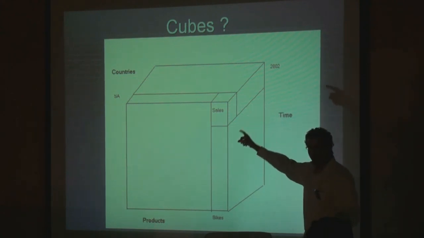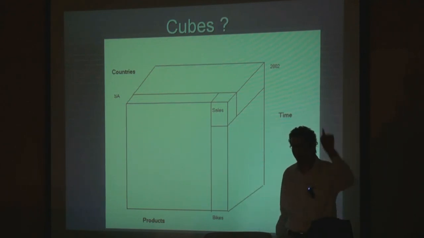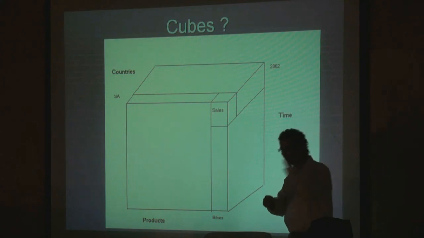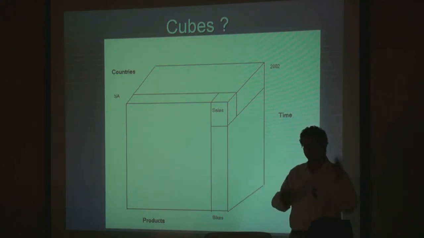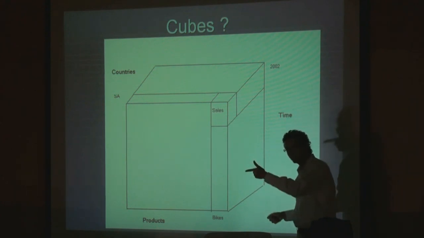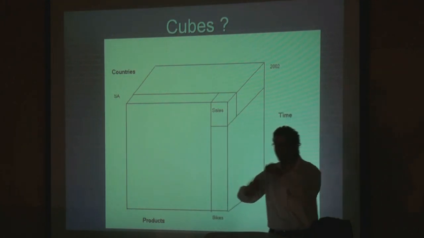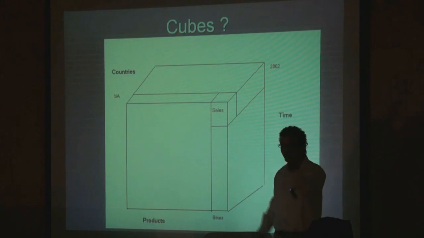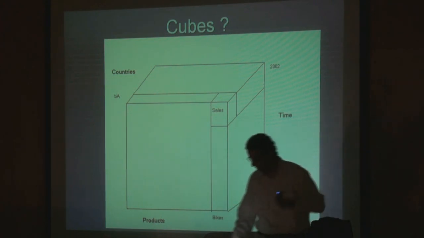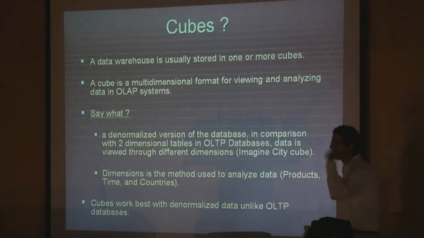This is a cube. When you design a cube, you define the dimensions. Remember dim product? This is a dimension. So you go to a cube, you say, I need this dimension, the product. You also drag the dim time. There's a dimension for time. And then you also drag the country dimension. Now you have 3 dimensions. Analysis Services will handle all these 3 to give you the result, which is the sales. This is the idea behind Analysis Services and cubes. You can add more and more dimensions as required. So that's what we mean by a cube. Usually a cube is read from